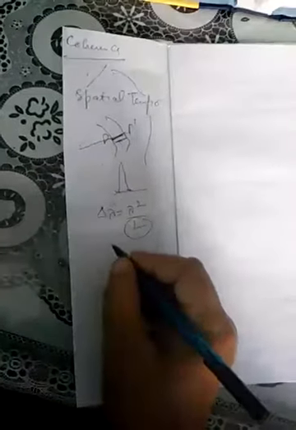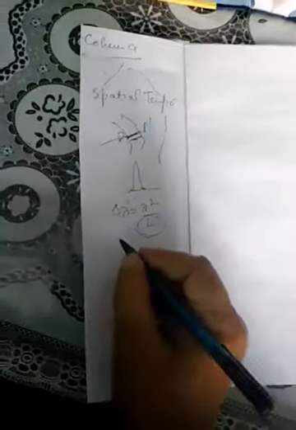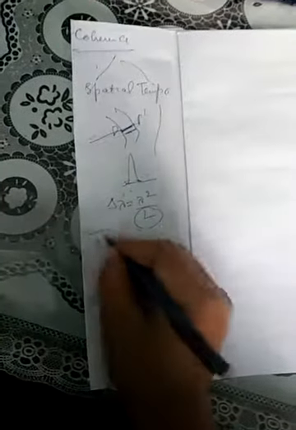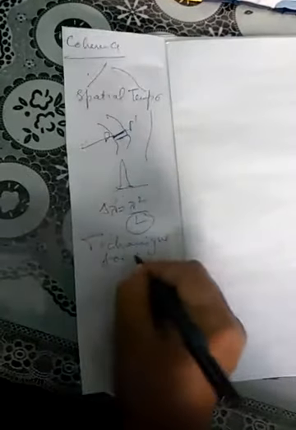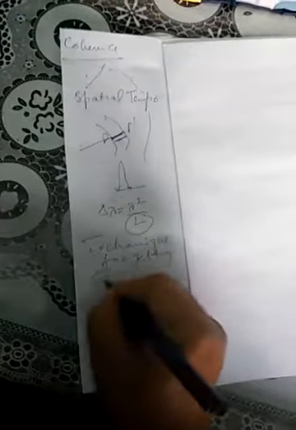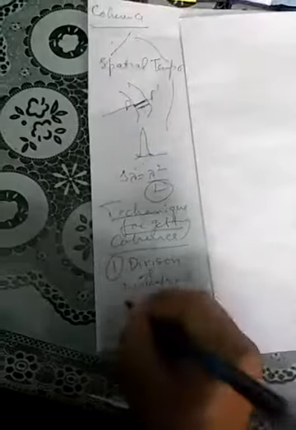That is the method of obtaining coherent sources. How can we obtain it? Basically, no source is perfectly coherent, so we can make them coherent by using different techniques. Now there are two techniques of getting coherent sources. What are those techniques? According to the syllabus, one is by division of wavefront, and the second is by division of amplitude.